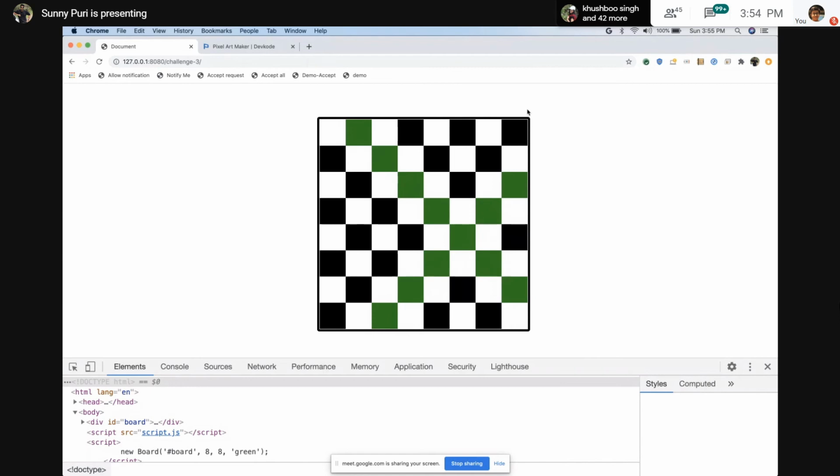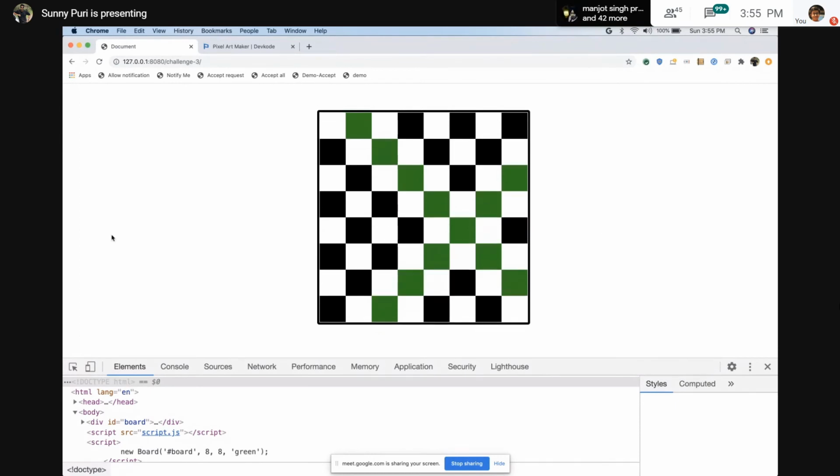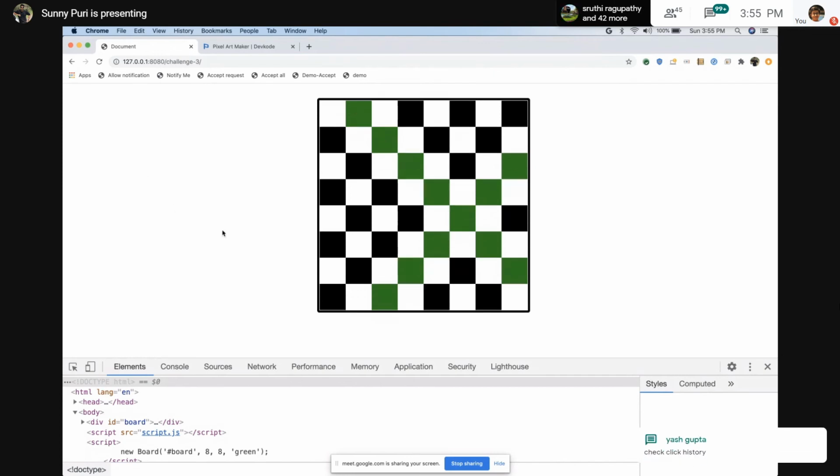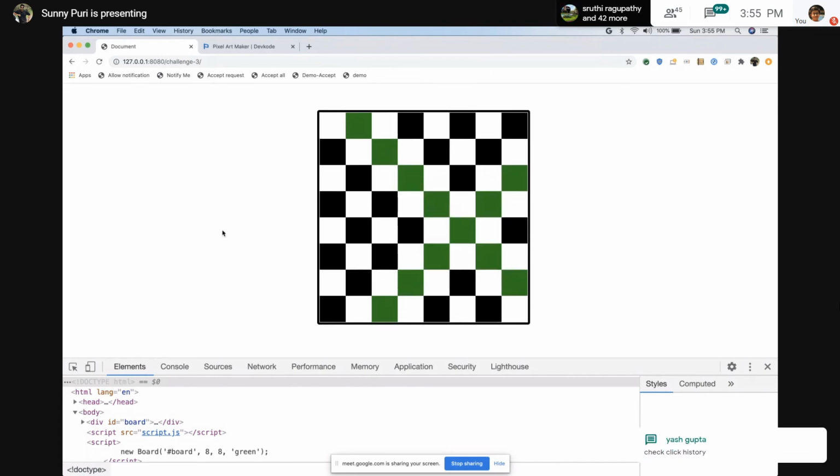How are they showing ads at this place? Why are they showing ads only at this place, and how do they decide where to show ads? Because they are capturing where the user is staying more, in which page, where the user is clicking. How are Amazon and Flipkart giving you suggestions?